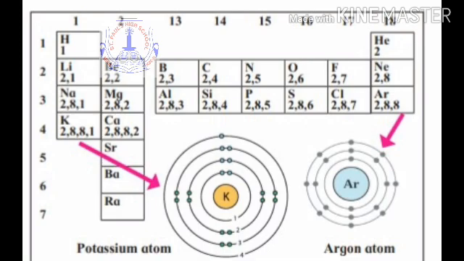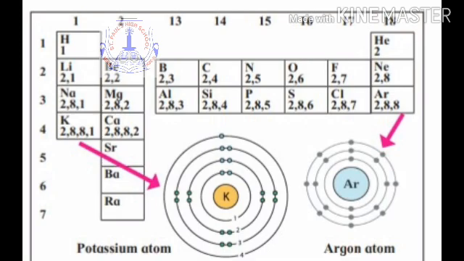For example, nitrogen has got 5 electrons in the last orbit. It will not give 5 electrons, it will accept 3 electrons from the other element and become 8 in the last orbit, having an octet. So it is accepting 3 electrons. Similarly, phosphorus accepts 3 electrons, therefore the valency will be 3 here.